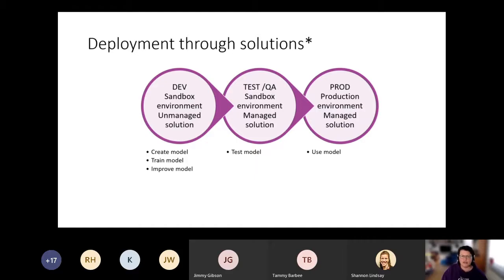If you want to have a mature way of deploying, this is the way Microsoft says you should do it. There's a lot of debate because this used to be done differently, where everybody worked with unmanaged solutions. But to be more stable, it would be best to only work with unmanaged solutions on your development environments.